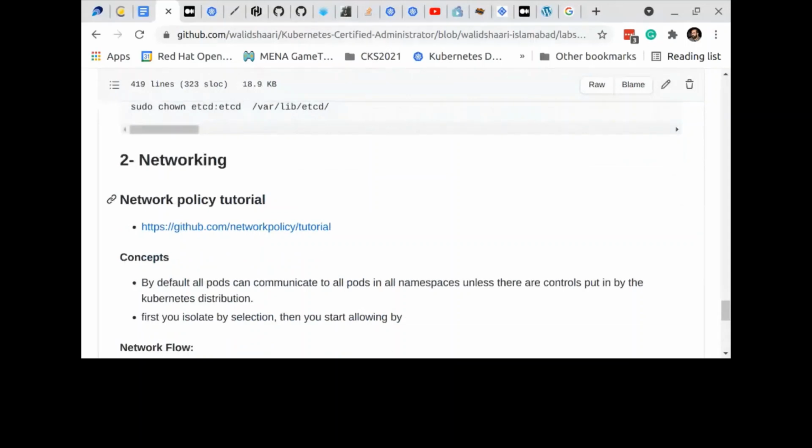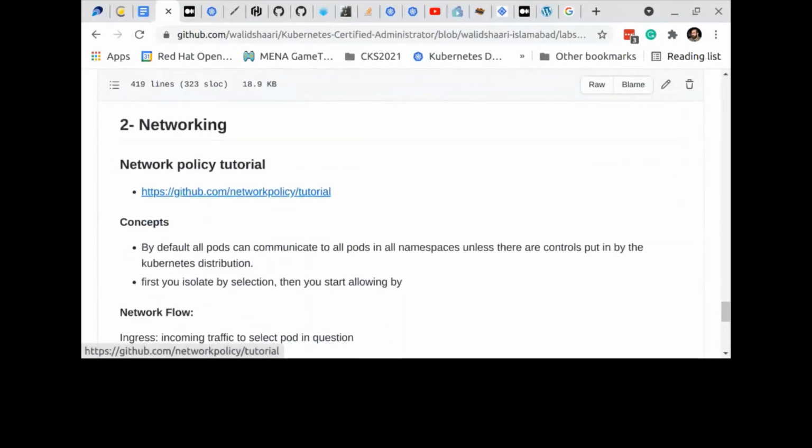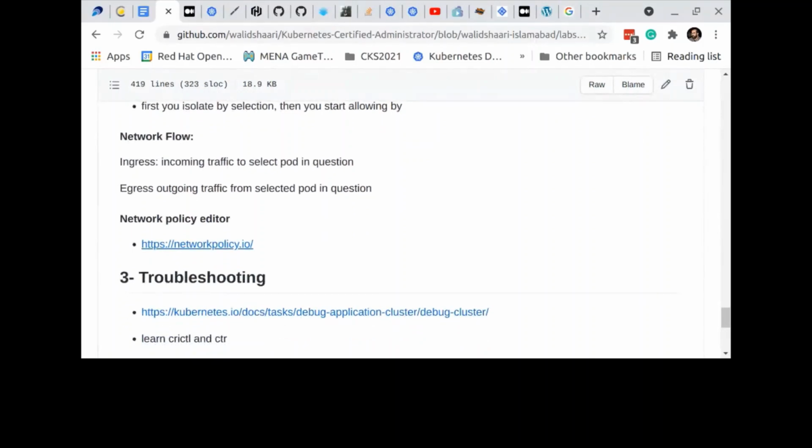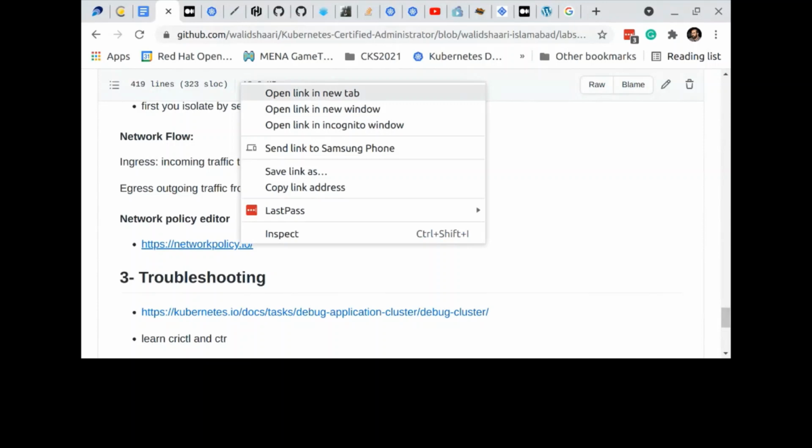The networking task, I'm just following a tutorial from Cilium. So there is a very nice website now for network policies. Cilium and Calico, they have their special network policies. So there are CNI plugins like Cilium, NSX-T, and others, where they have extensions which are specific to them, which are not really the Kubernetes network policy object.